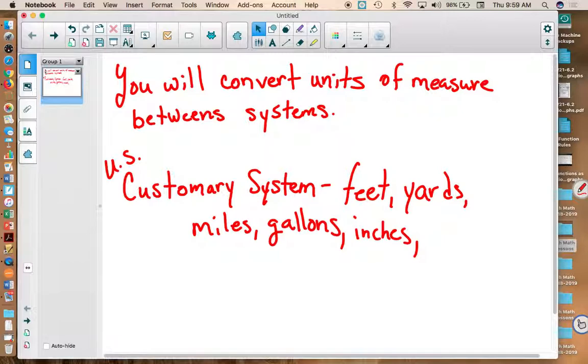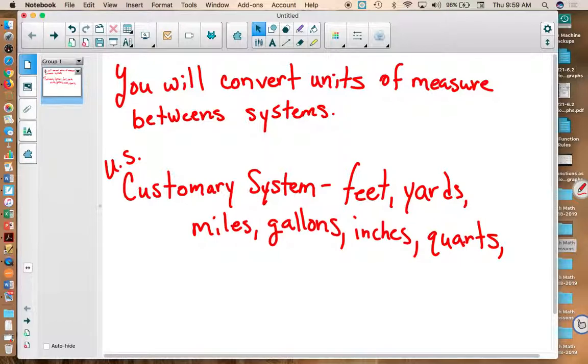Think of your equivalence quizzes. What are some of the other equivalents that we use conversion for? That's not United States though. Okay? That's a different system. Quarts. Tons. Centimeters are not United States customary. They are the other system that we're going to talk about here in a second.